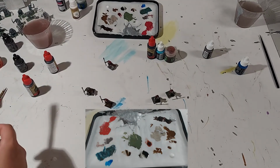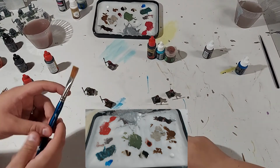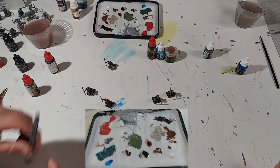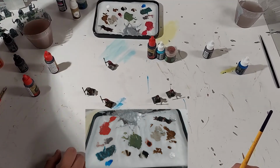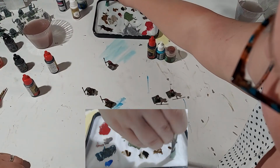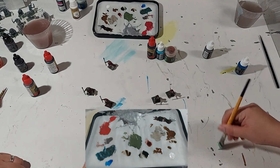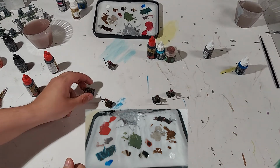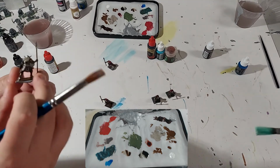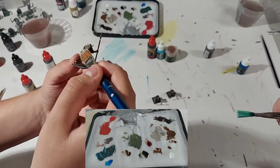All right, so I personally like to use these for the dry brushing. These are nice and dry. Dip it into the matte white. And then let's just get it all pretty much off the brush. There should be just a little bit left on the brush. And then we take our model. I'm going pro. I'm not even using the base here. And let's just,